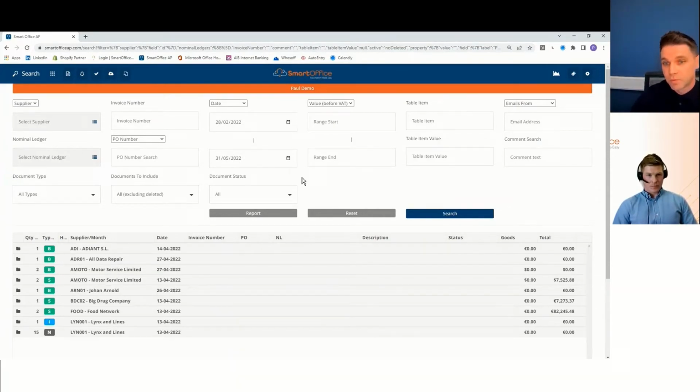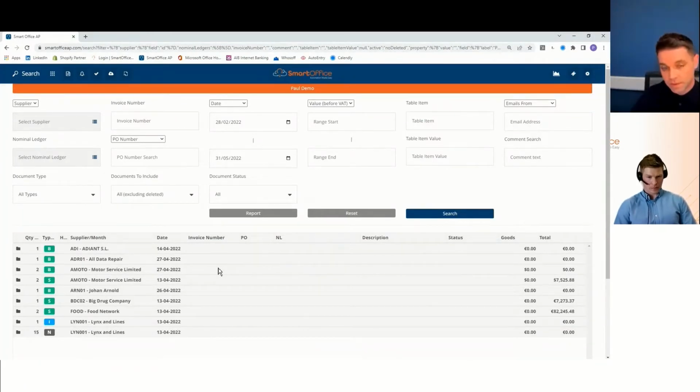We even have it right down to the level of character search. And basically what that means is if you know absolutely nothing else about the invoice that you're trying to retrieve, you can just type in one of these boxes here, a common search or an item search, and hitting the search button, we will show you within a few seconds all of the relevant invoices or credit notes or statements down here with that reference on it. So it's a really powerful extraction tool, search and reporting, because after the fact, once they go through the process, if you're looking at audit or queries or whatever it might be in the future, that takes up a lot of time and effort as well.